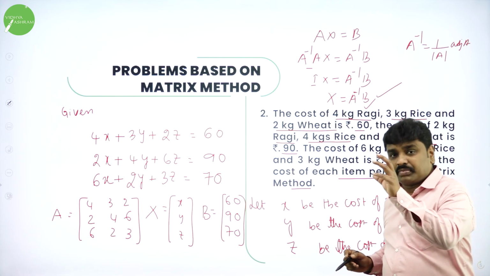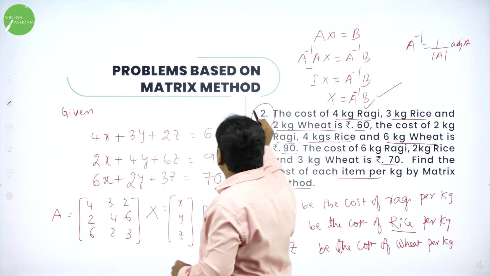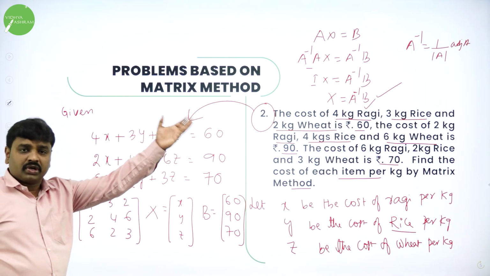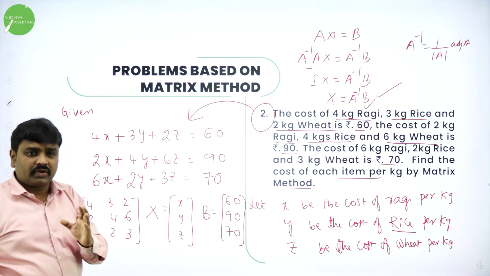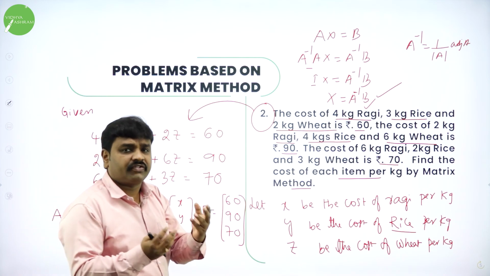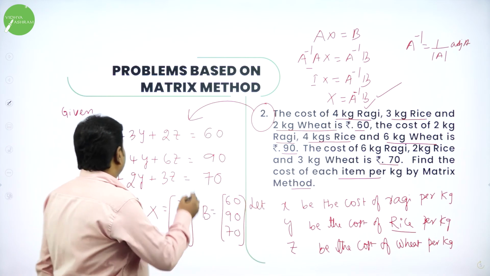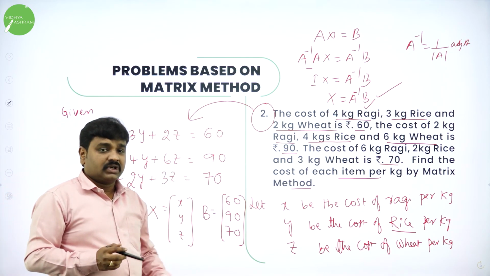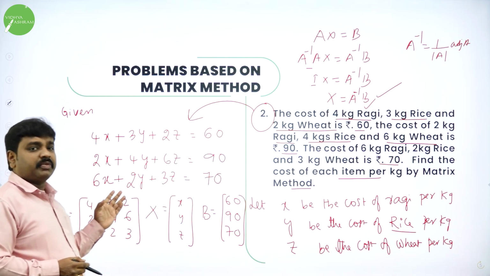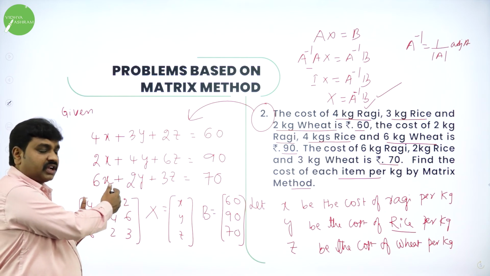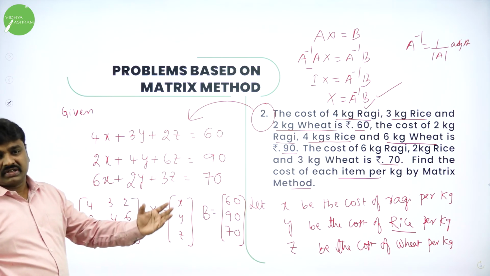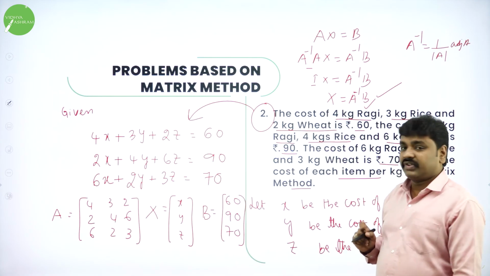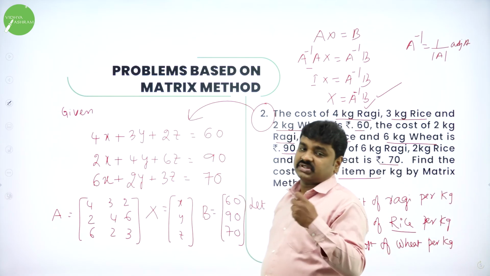So now the first basic part I have done. They want you to convert it algebraically. I have done it. One of the important questions. Now I hope you can solve. Find the determinant, then find the adjoint, then find X. So I am leaving it to you now. You can do it. The first one I have done completely. I have done 80% of the problem. I have converted them algebraically into equations. Now start solving this and get the values of x, y, z. X represents the cost of ragi, y represents the cost of rice, and z represents the cost of wheat.